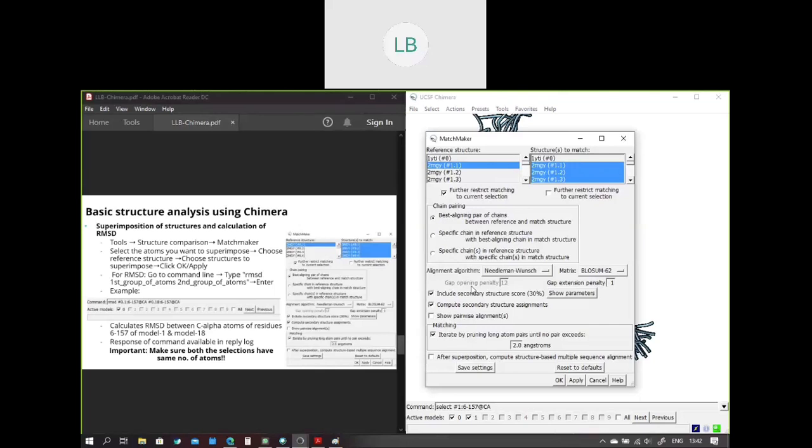This will take some time, and if you have a larger number of structures to superimpose or bigger proteins, sometimes it might crash as well. So we might want to be a little careful about the memory. It will take 1 or 2 minutes to complete the superimposition of the structures.